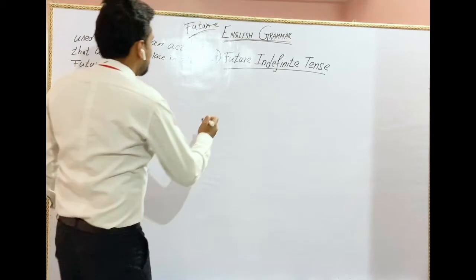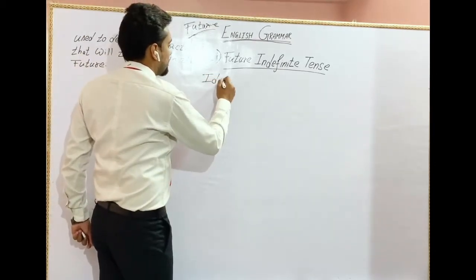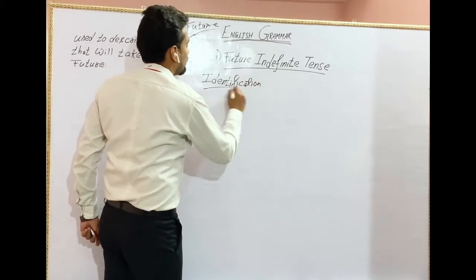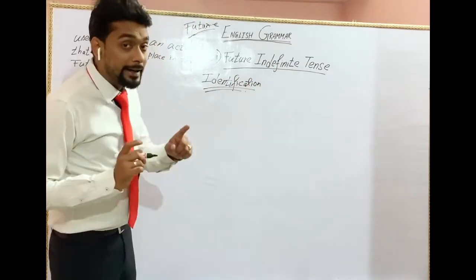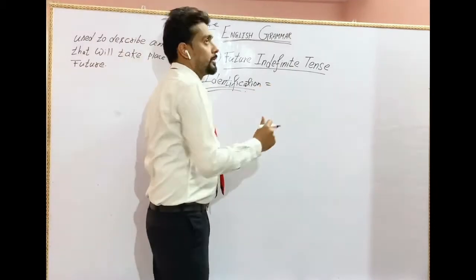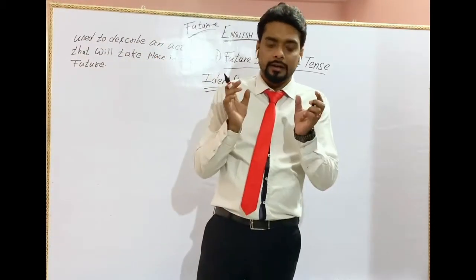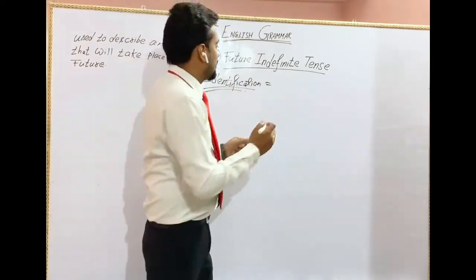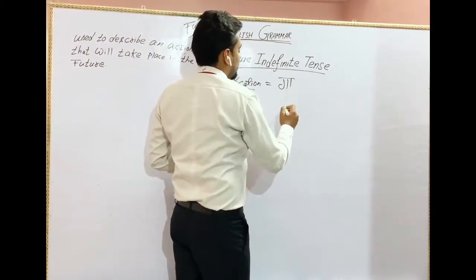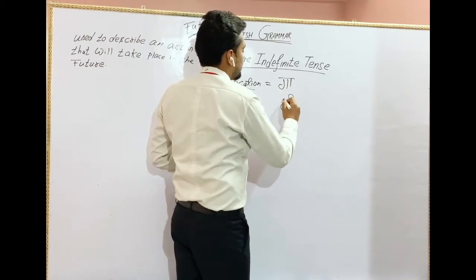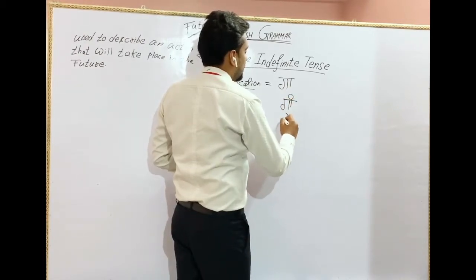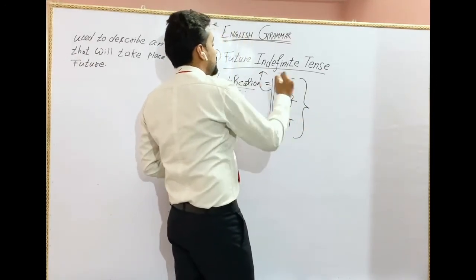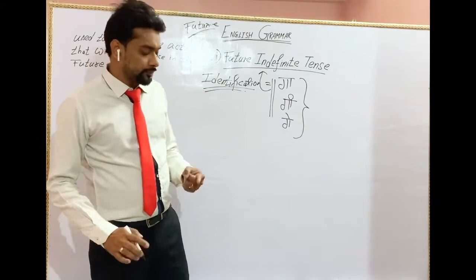So, in identification of future tense, there will be ga. If you'll be thinking in Hindi, any sentence, and in which you will be finding any word like ga, gi, ge, then you will be knowing these are of future indefinite tense. For example,